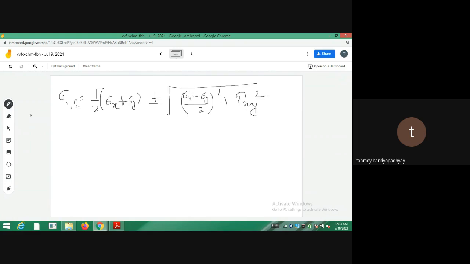Last day Shirsho asked, sir, what if tau xy were absent? What will happen then? Then sigma 1, just calculate: when tau xy is equal to 0, or the elements are not carrying any shear, you should have half of sigma x plus sigma y plus half of sigma x minus sigma y, so it will come out to be sigma x. And if you calculate sigma 2, it will be the negative sign, and you will get sigma y.